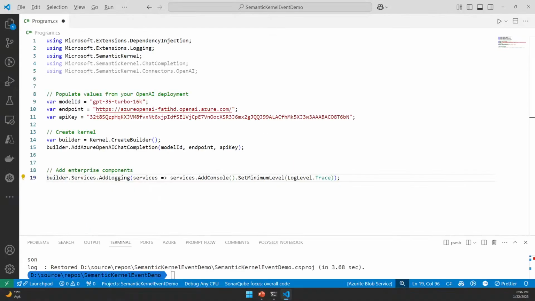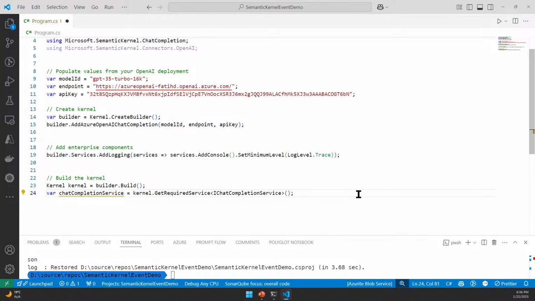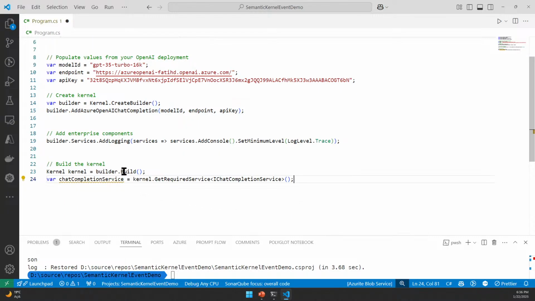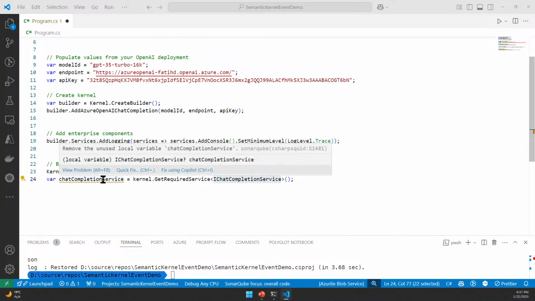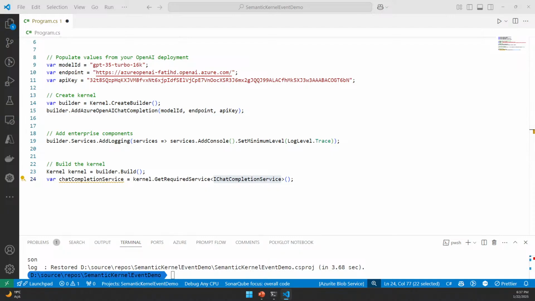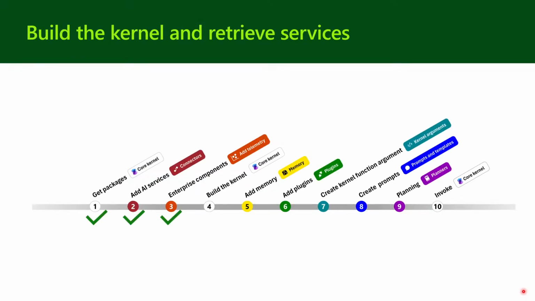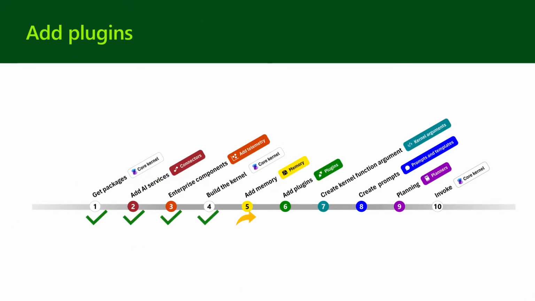So I will switch back to code and I will build my kernel. Okay, kernel builder.build chat completion service get required service I chat completion service. Okay, now after I create this one, this is unused, we're gonna remove it. That's also done. Is that clear? Okay, now this is also done. I built the kernel. Tick. Now